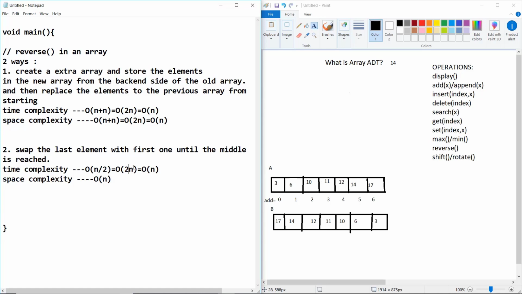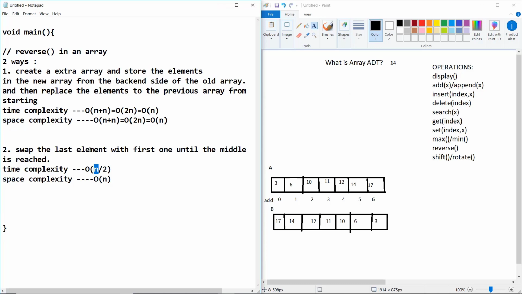But guys, whatever the constant, we don't prefer this constant. We don't believe in this constant, we just take the upper bound. Whatever is the bigger number, we take that. If there are 1 crore elements and we are dividing it by 2, still it is a bigger number.